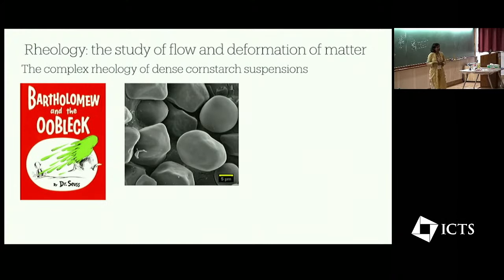Where does cornstarch come from? It's a polysaccharide, a starch that comes from the kernel of corn. You dry it and you grind it, and these are what cornstarch particles are like when they are finely divided. These are very irregular discs, about 15 microns across. Now if you take these cornstarch particles and put them in water, their flow and deformation is very weird. Before I show you why, because it's our job to find out what the flow behavior is like,